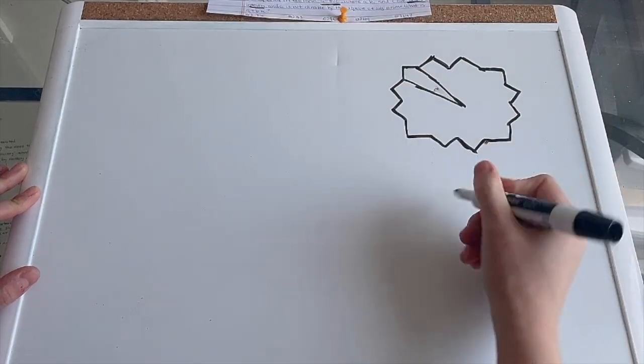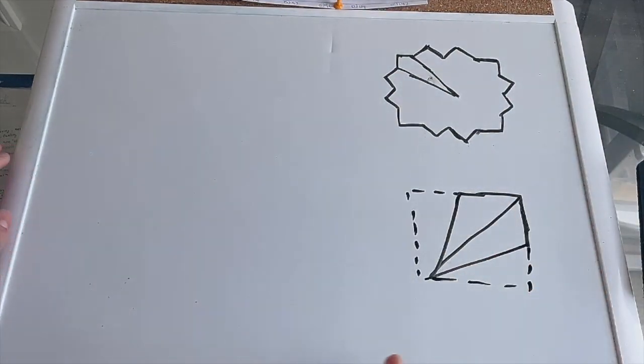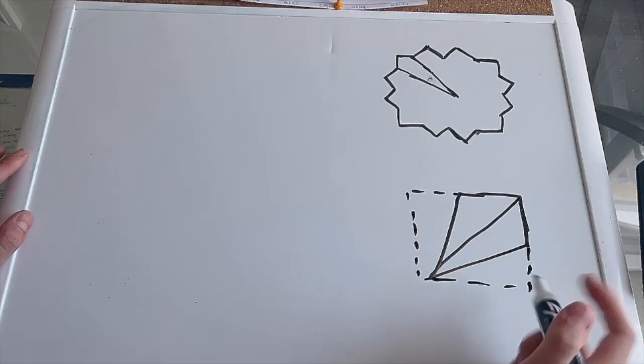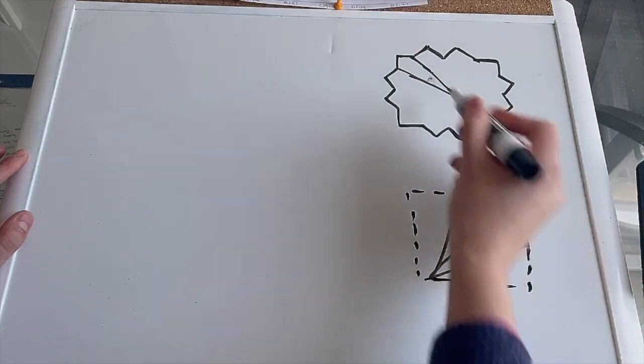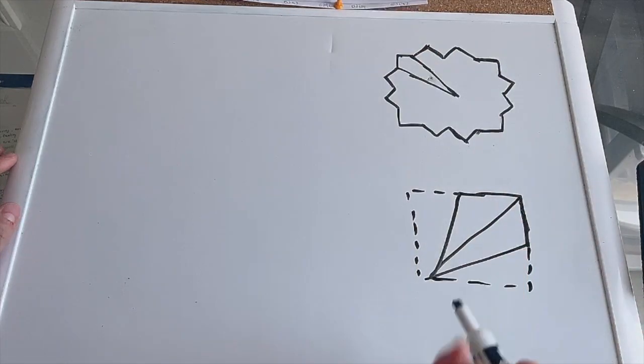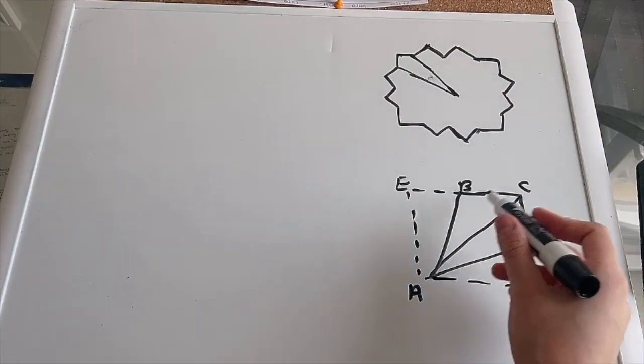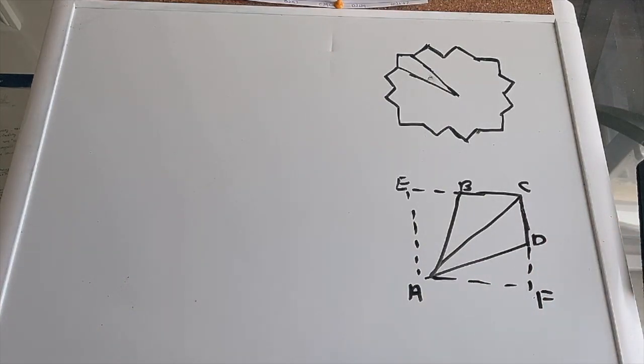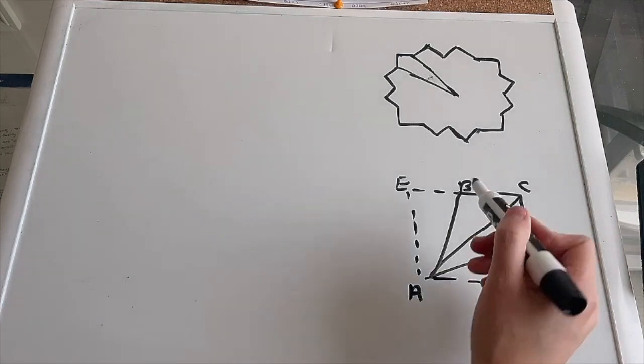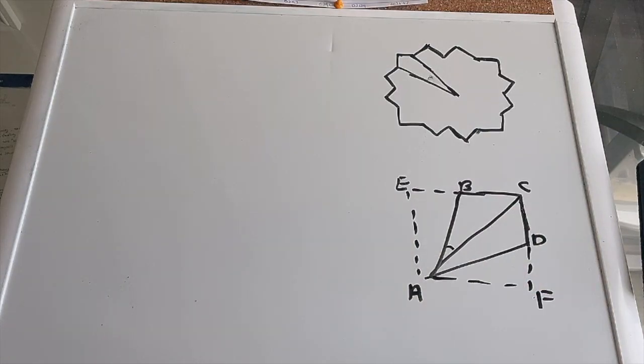So let's enlarge that. Okay, I also made it a square. So here is the enlarged image of this, which I just flipped around to make it look easier. So if we can find the area of triangle ABC, then we can multiply it by 24 and get the area of the polygon. So to find this, we know that the angle BAC right here is equal to 360,